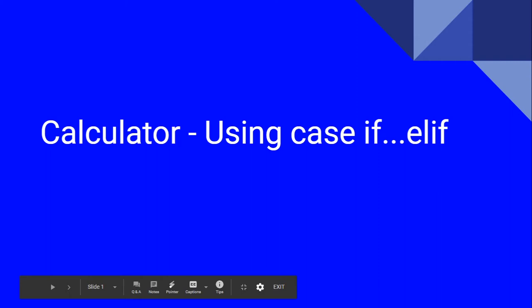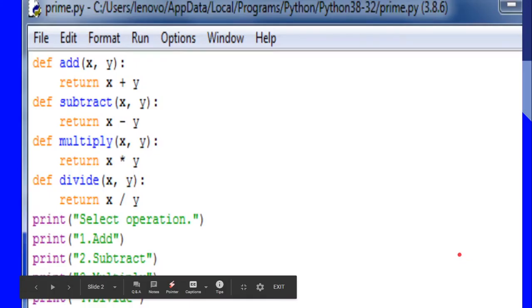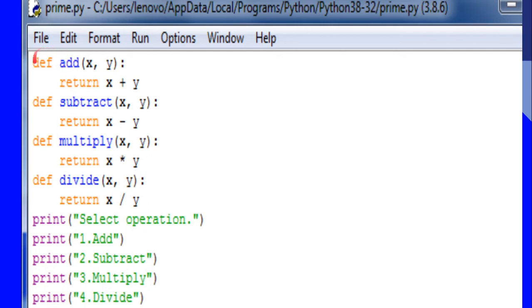Hello everyone, in this video we are going to see a calculator program in Python using the case and if statement. Here let us see how the calculator program works. A simple calculator having addition, subtraction, multiplication and division. Here we can see this is the function definition. We have used the function here in order to